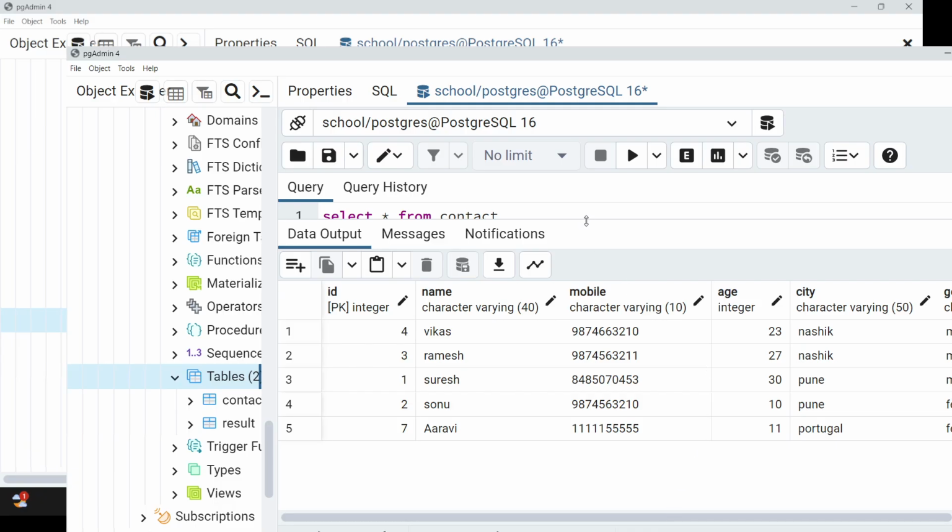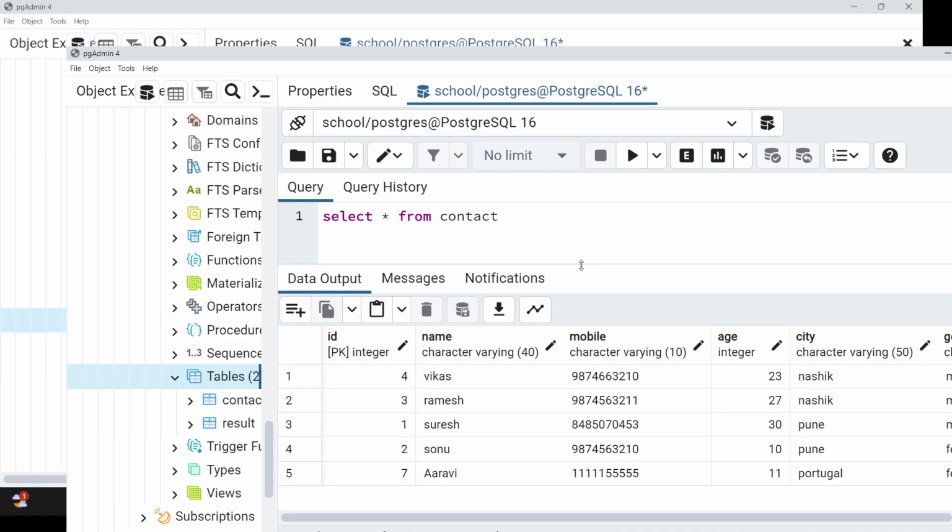Suppose I want to fetch the data only from the Pune city. How can you add the conditions? For adding a condition, which clause is used in SQL? Okay, you might not remember, but we use the where clause.